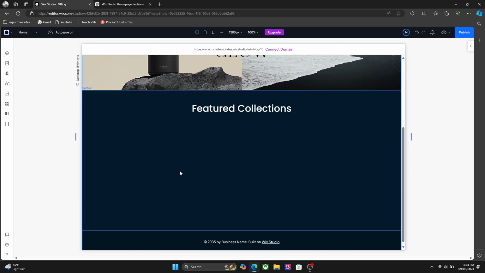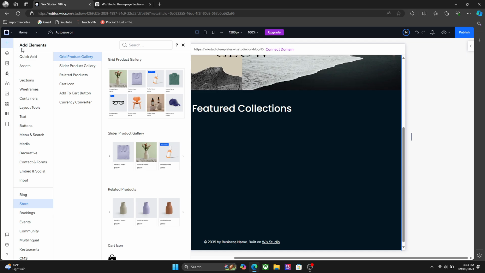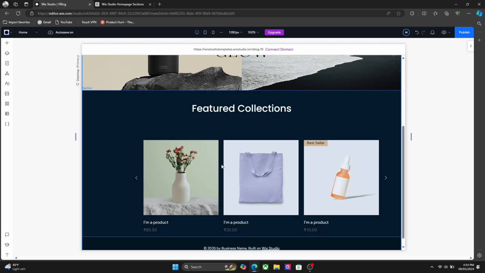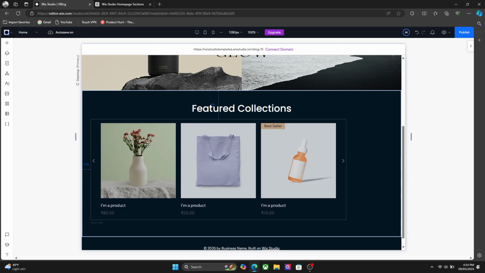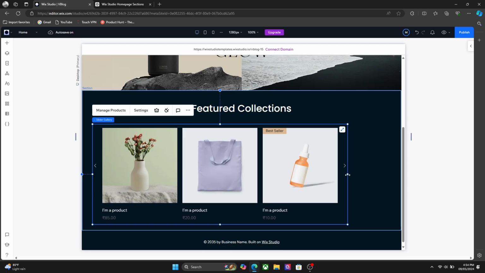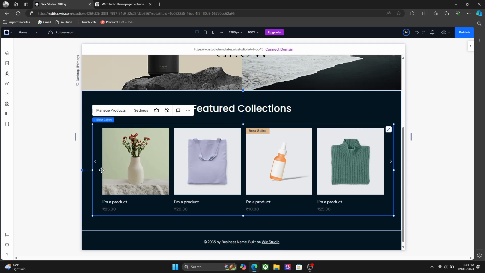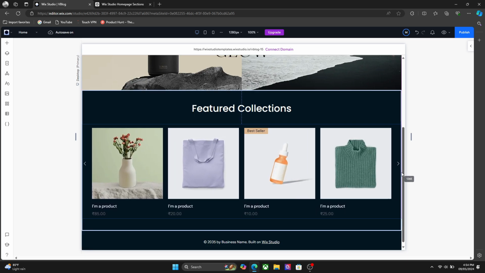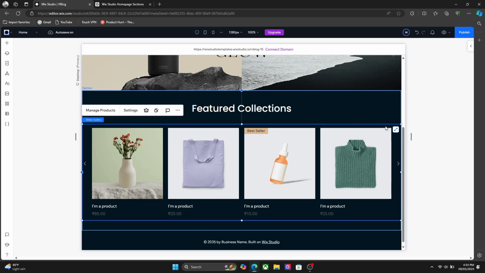and add a product widget right here. So go to add elements, and now in the store, you will find different product widgets. So add it like this. And like this. Now let's design this widget to make sure we have all the elements in our website right. Go to the settings,